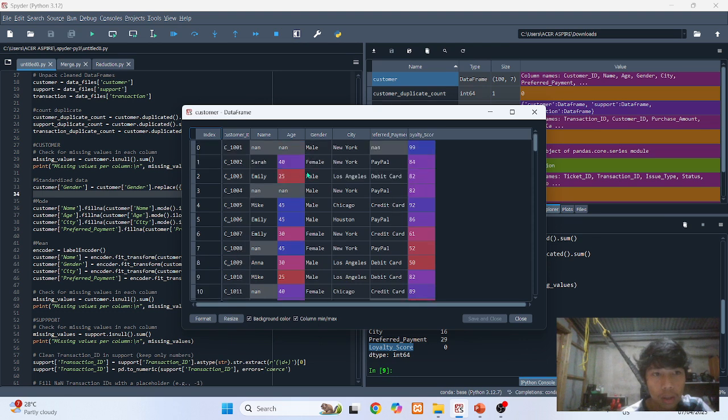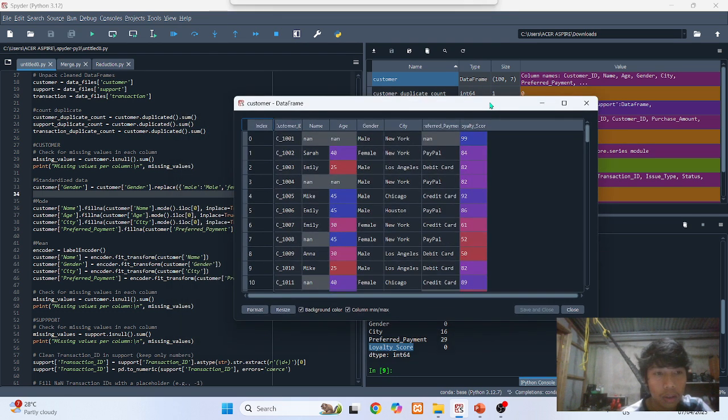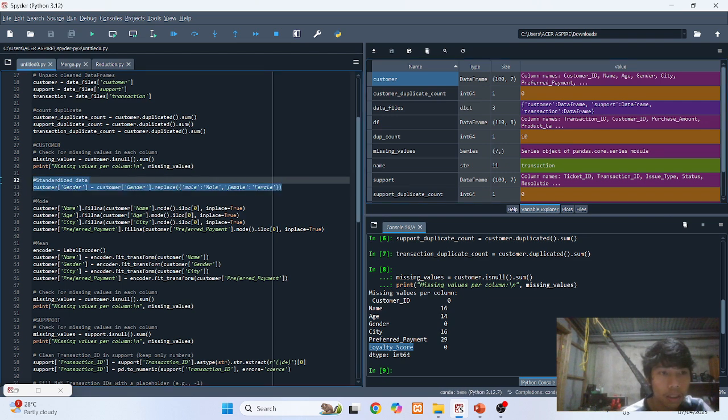So first, we will open the customer data set. As you can see in the customer data set, I performed standardization on the gender. You can see in this code, I standardize the gender in order for us to have only 0 or 1, since male has a lowercase first letter in some rows. We need to standardize this to have uniform data.